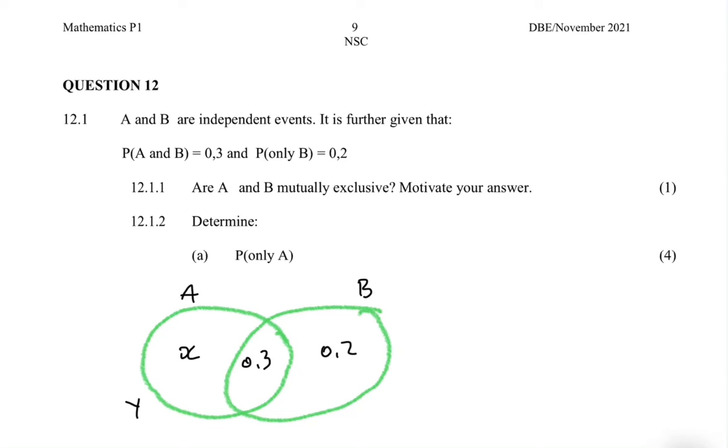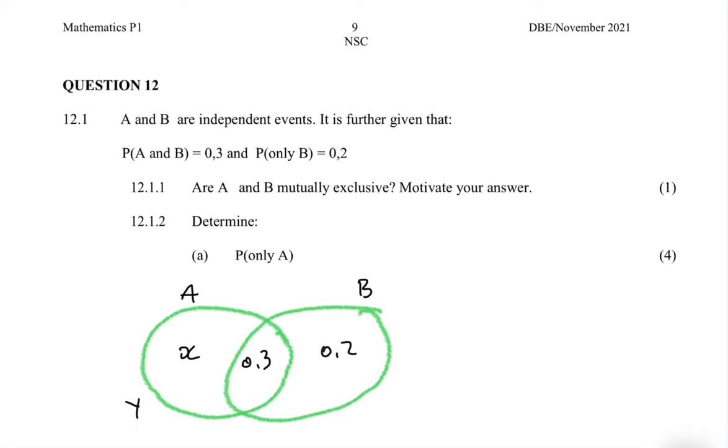12.1.1 says, are A and B mutually exclusive? Motivate your answer. What do we mean when we say two events are mutually exclusive? Two events are mutually exclusive if they cannot occur at the same time. If you toss a coin, you cannot get tail or head simultaneously, right? So the events of getting head and getting a tail are mutually exclusive because they cannot occur at the same